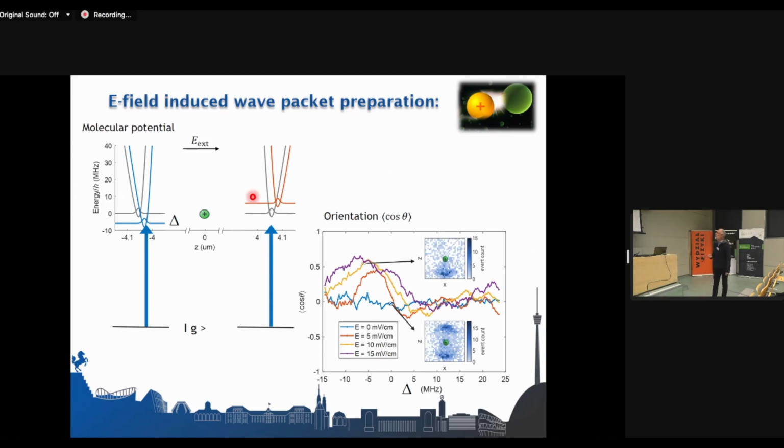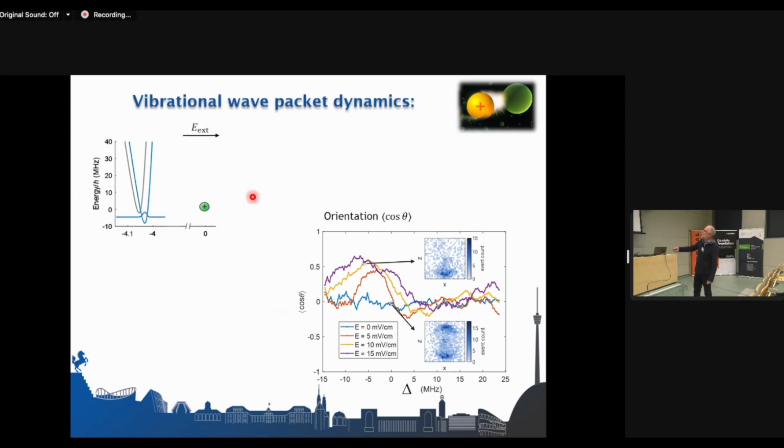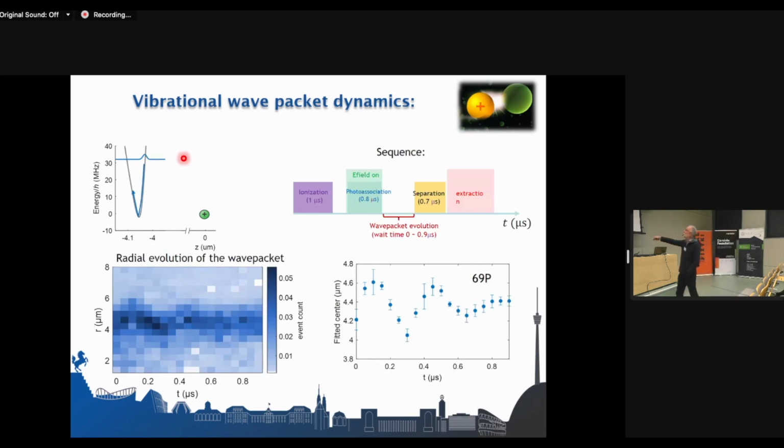But what is more interesting is that if you now take this 10 millivolts and switch this off again, then what happens is that if you have excited your wave packet on this left side here, you are going back to the original situation. But if you do it fast enough, we can do it in 10 nanoseconds, then this wave packet is projected on the old potential energy surface, and it will start to oscillate. So here you can see the radial evolution of the wave packet. It's a little bit hard to see because there are a lot more details going on. If we are just looking at the center position of the distribution, the spatial distribution of this wave packet next to the ion,